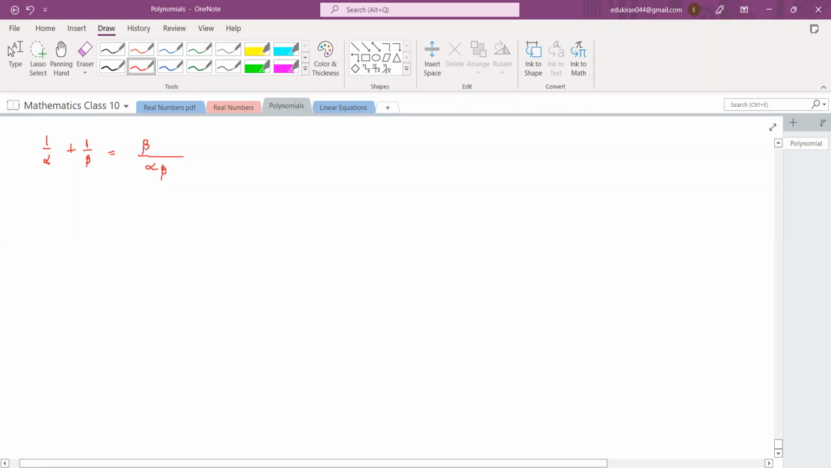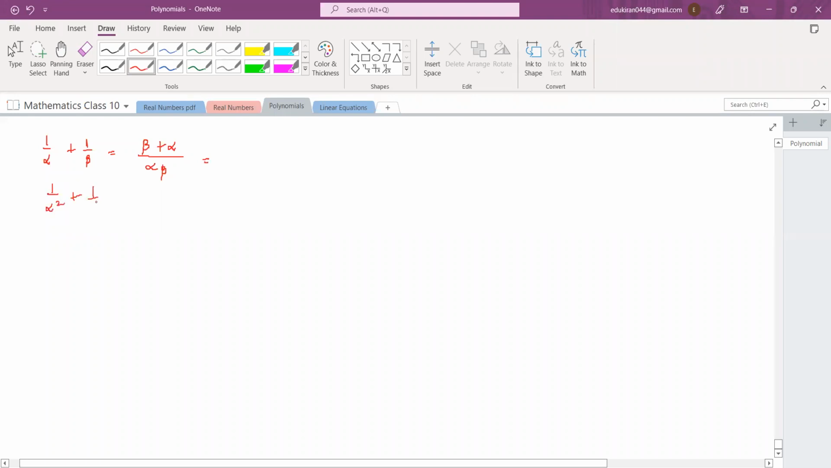So this will be beta plus alpha. Now you know the value of alpha plus beta, you know the value of alpha beta, so just put it here, right? Okay, ma'am. Then there was another one, I think 1 by alpha square plus 1 by beta square,